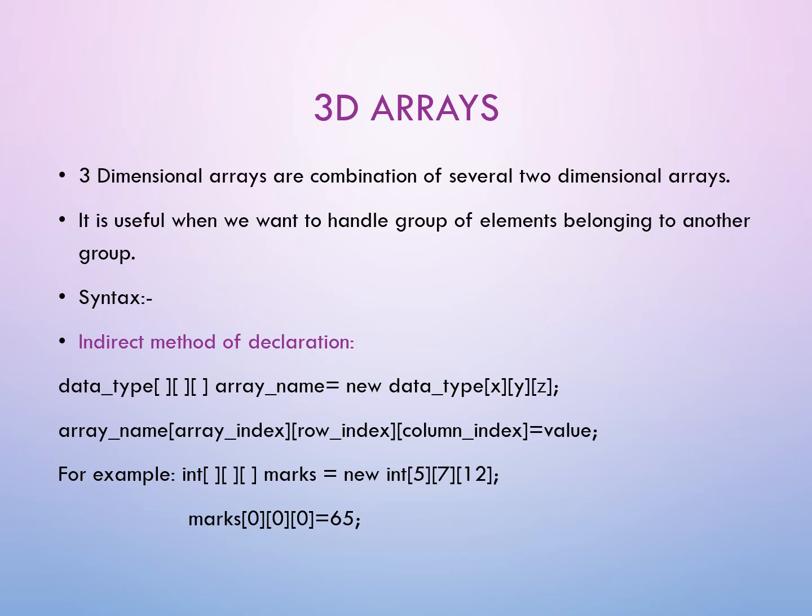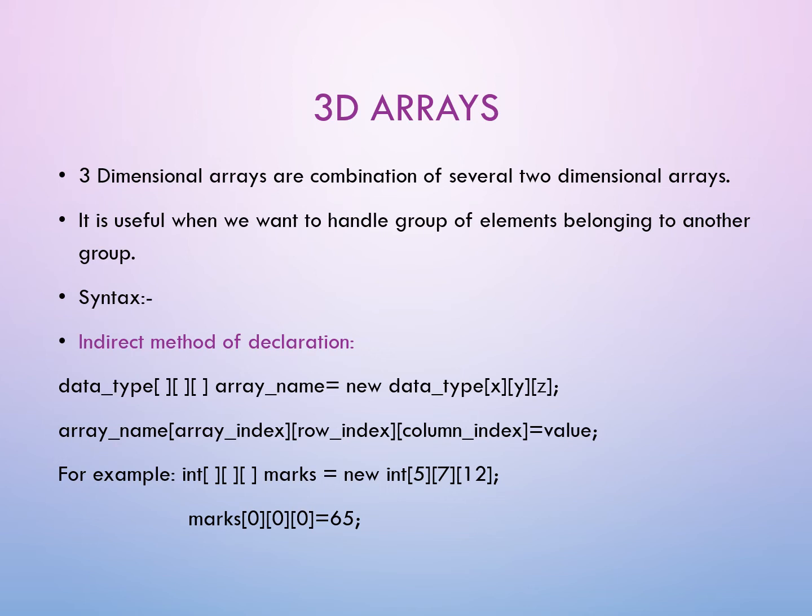Now we come to 3D arrays. 3-dimensional arrays are a combination of several 2-dimensional arrays. It is useful when we want to handle a group of elements belonging to another group. So syntax will be like in indirect method of declaration, first data type and then 3 pairs of square brackets, array name equals to new data type and then x y z. X y z is the dimension of the array, and then we will be passing the values of each of the elements of the array. So for example, int and then 3 pairs of square brackets marks equals to new int 5